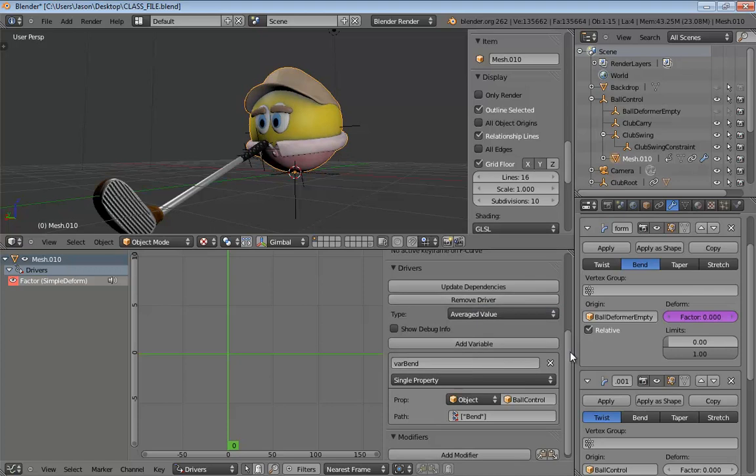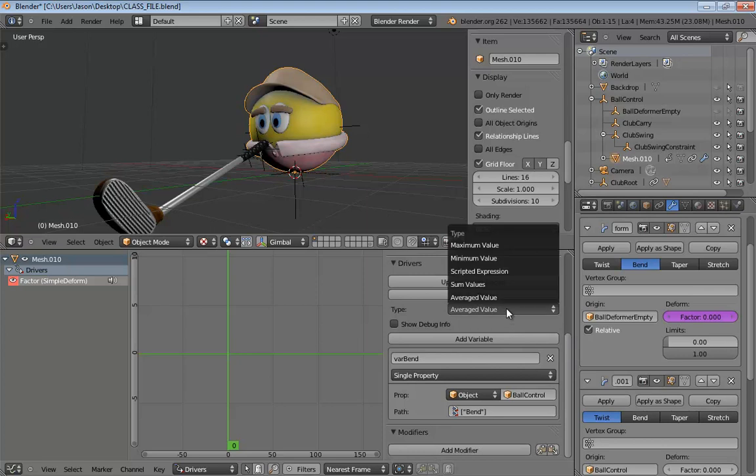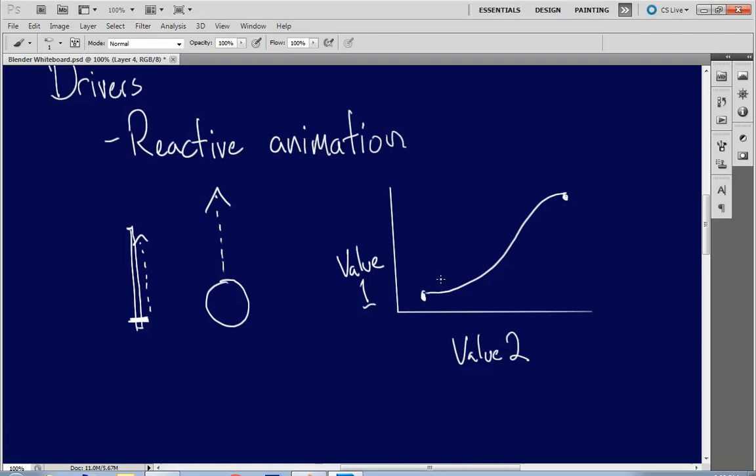So we'll keep things nice and easy since we're only going to be driving with one thing anyway. Though, just in case you're wondering, sum will work exactly the same way. So will min and max, because we only have, again, one driver. So now we need to create this relationship. And earlier on, back in Photoshop, if I jump us back over here, I told you that this relationship is going to be defined between a graph from value 1 and value 2.